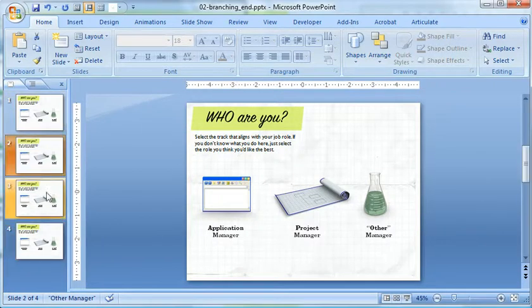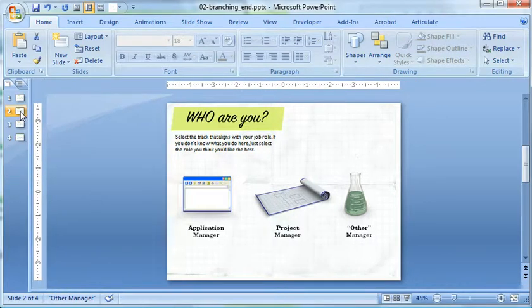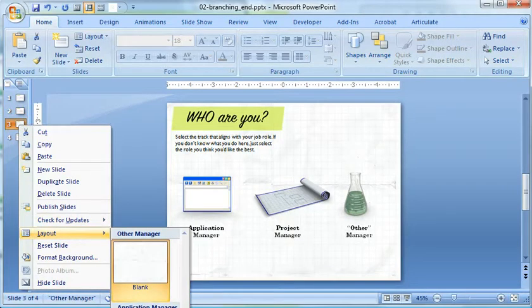Now this first example, or one of these 3, can be the other manager. Now the other manager is going to work off this grid background, so we can leave one of these alone. But we do want to change the other 2 for the appropriate background theme that we set up. And I'm just going to minimize these a little bit so you can see the change. I think it kind of gets off the slide. I'm going to right click on slide 3, choose layout, and it looks like it's coming off the slide here,